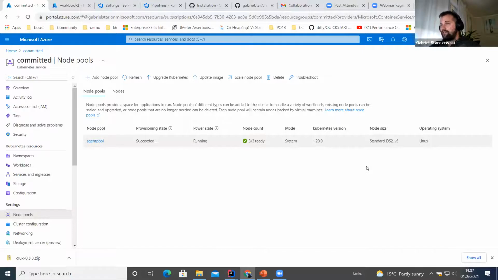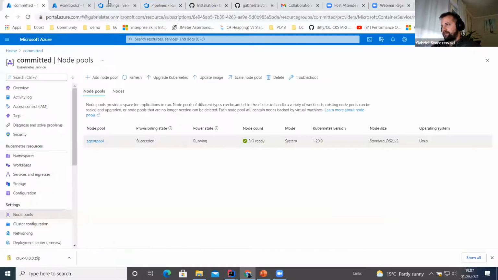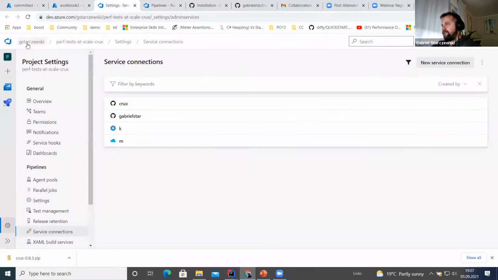So in total, we have infrastructure of 12 cores and 24 GB of RAM to use. Okay, so let's say I want to run my tests this time on this Kubernetes cluster. I need to glue the Kubernetes cluster I wish to use from here to the portal. And this glue in DevOps is done by